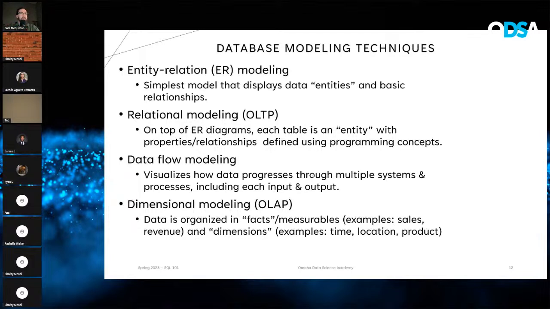modeling techniques that occur in business intelligence and data science and analytics, we have entity relation modeling, which is some of our simpler models that just display data entities, as they're called, and then relationships that they have to other entities. So these entities are generally tables, but they're to show that this is more conceptual in nature than it is practical or from an engineering standpoint. We just want to know how each of these items is supposed to relate to each other. And the idea of these entity relation models is to show a 10,000-foot overview of a process or a set of data, so that